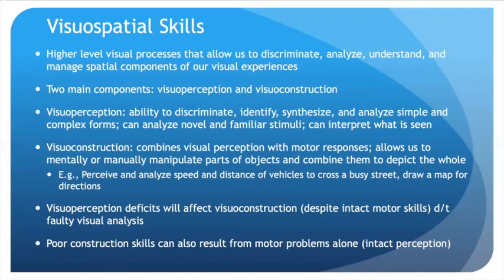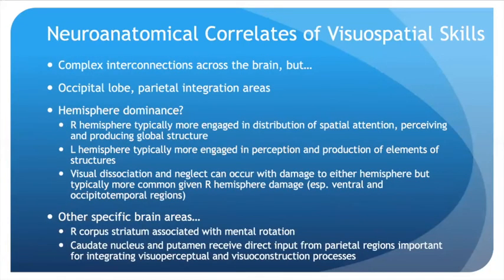Also note that drawings, status post left brain damage, tend to have intact outer configurations, but missing internal details. Right brain damage tends to yield lack of outer configuration or the whole gestalt kind of a concept, and isolated fragmented details intact. So with left brain damage, you get missing internal details. With right brain damage, you get missing of kind of the whole outer configuration.